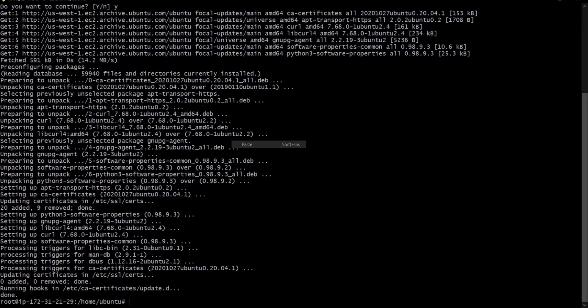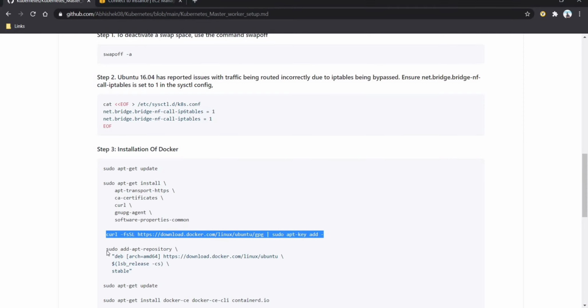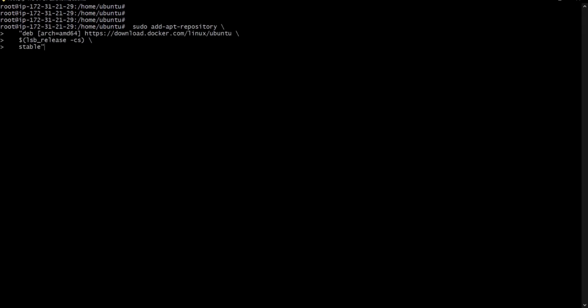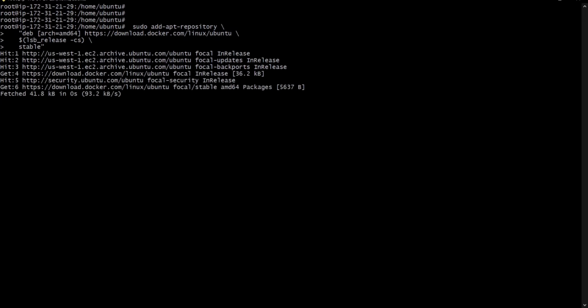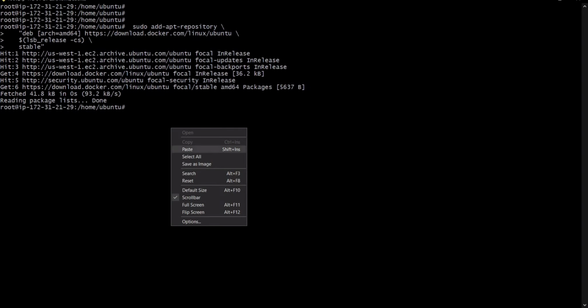Let's clear the terminal again. Now we have to add this command. Last, we have to update our machine again because we made some changes.